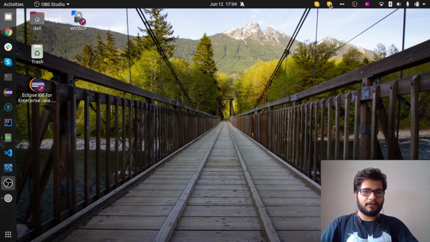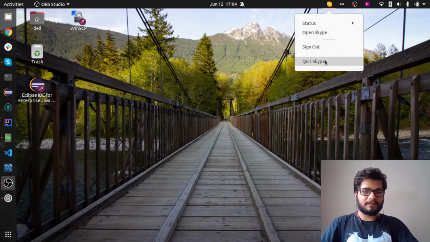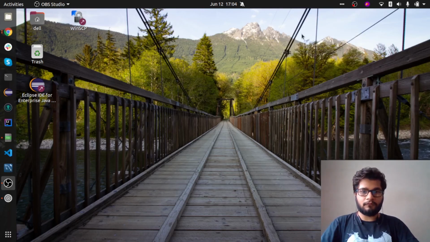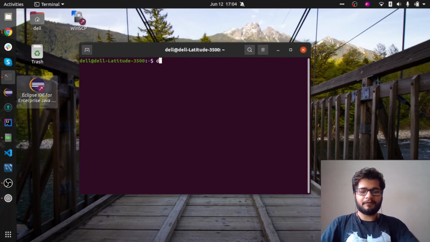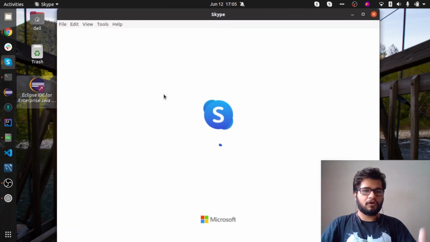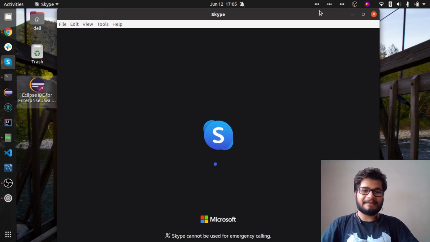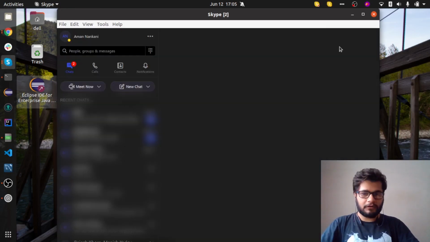So anytime your system boots up, what you have to do from now onwards is open the terminal, type the name of the script that you have set up with the symbolic name, and press enter. Automatically two instances will open up, primary and secondary, and both of them will be logged in.